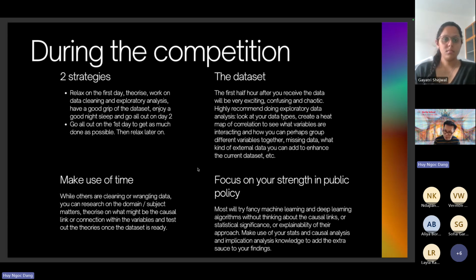What are people saying about the data? What are people saying about these kinds of hypotheses? So that you can bring that to the table when we actually go into the analysis part, right? So basically, when someone is doing something technical, someone else should be doing something on the research and preparation side, so that everyone is doing something and nobody feels left out, right?